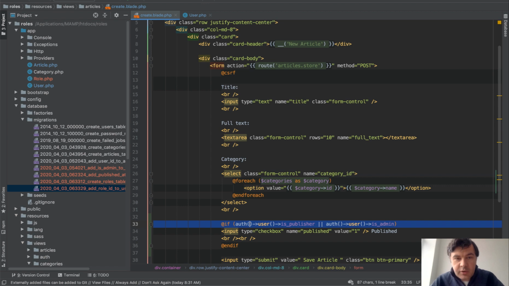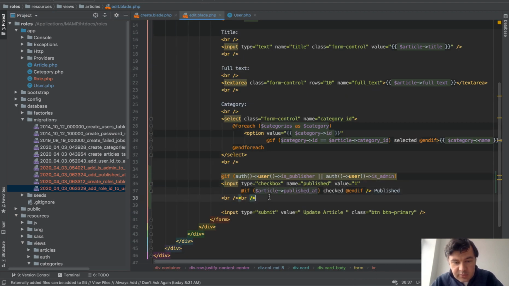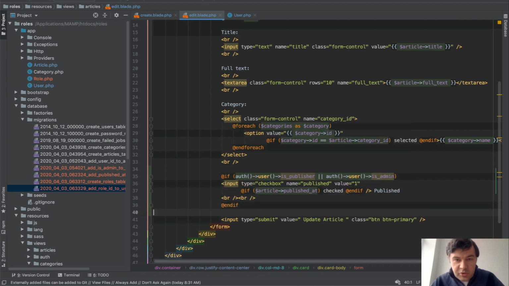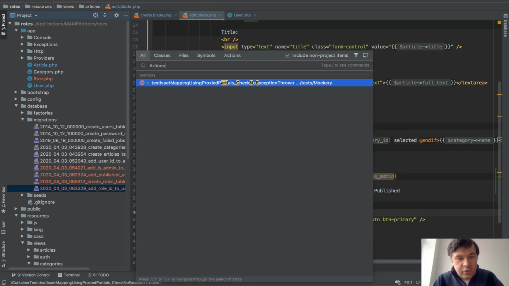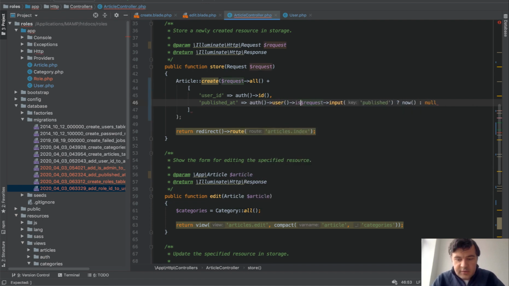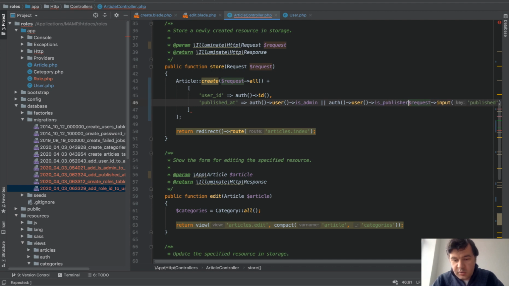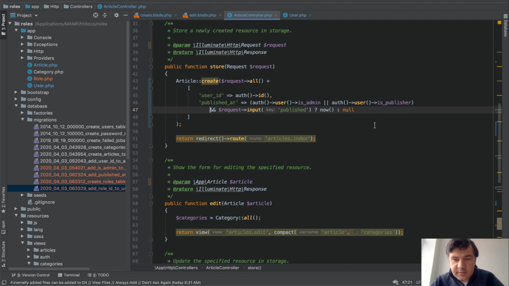And similar to that checkbox in edit blade. So articles edit blade should see that checkbox only if it is publisher or admin. And finally, in the controller, we need to also make sure that published ad is only for publishers or administrators. So here, auth user is admin or auth user is publisher, and request exists, probably like this, then we assign